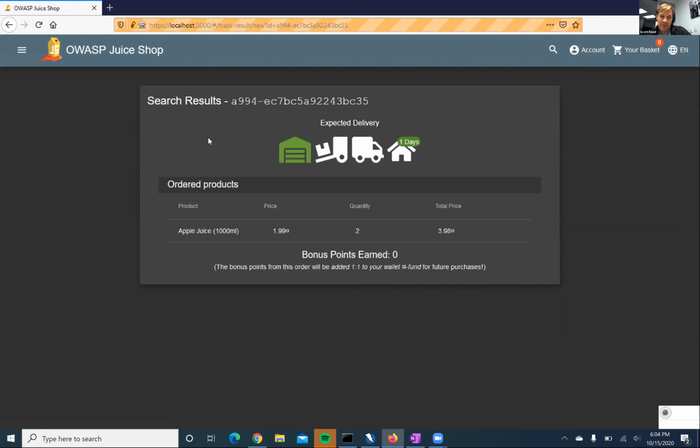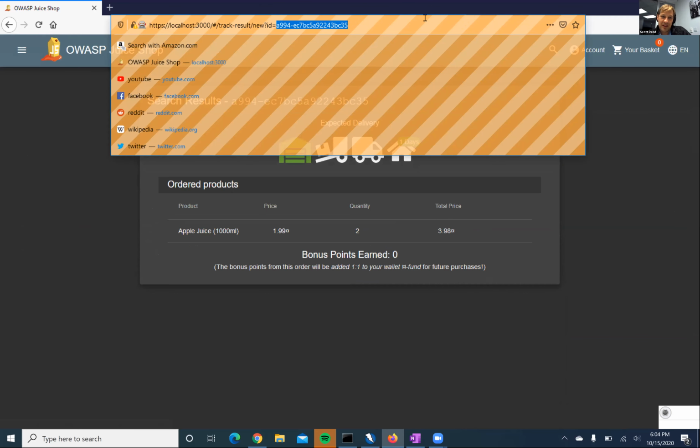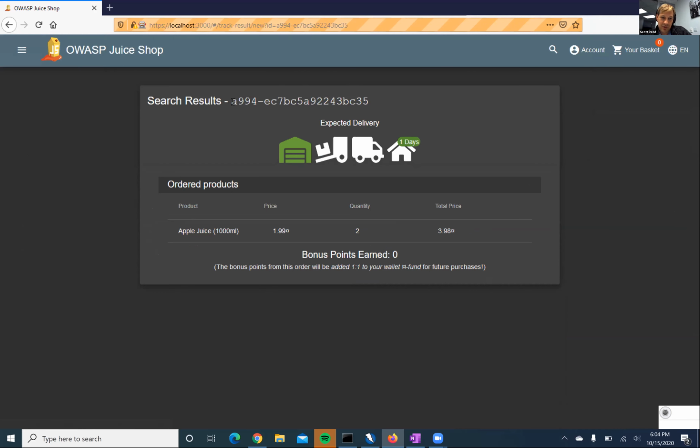That's where this parameter is reflected back here, and this is where you can put in your XSS. Actually, I can do it again.